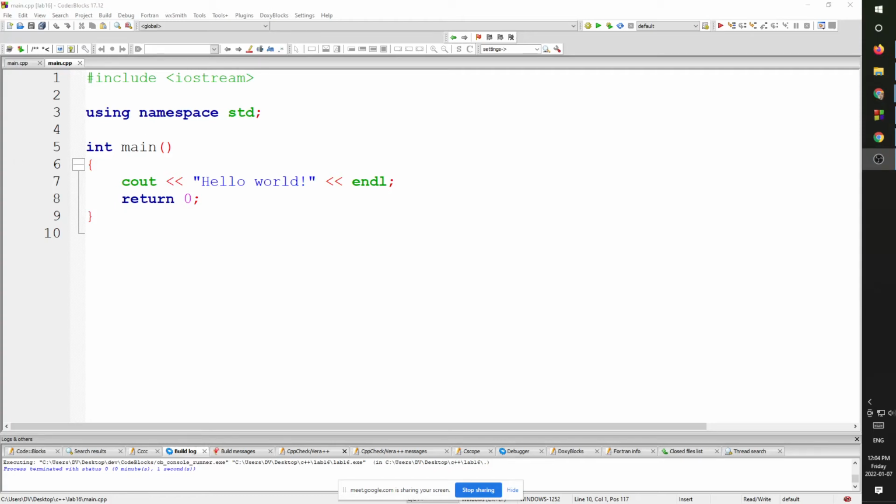Alright, so I got my console application. I'm going to be working on Lab 16. It says create a debug project called Lab 16. That's fine. This is a project that will allow us to debug, and the first question says create